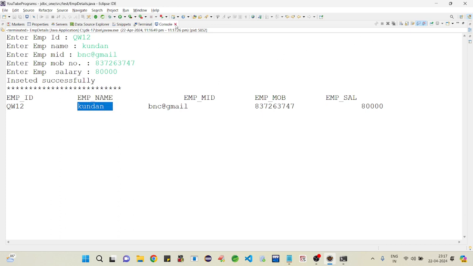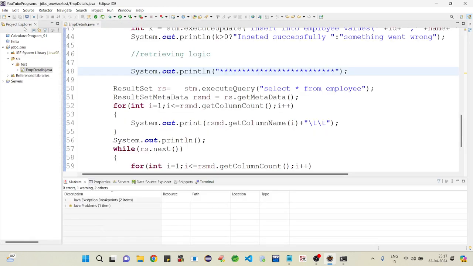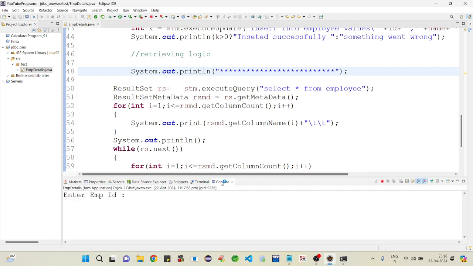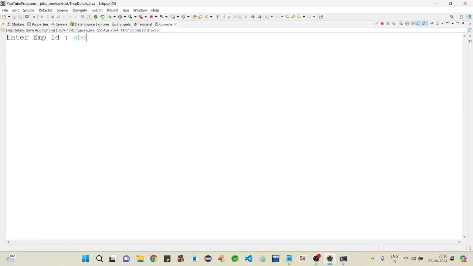Now one more time I am going to run this application. This time employee id ABC, name Rahul, mail id abc@g.com, mobile number 1234567890, salary 4123.